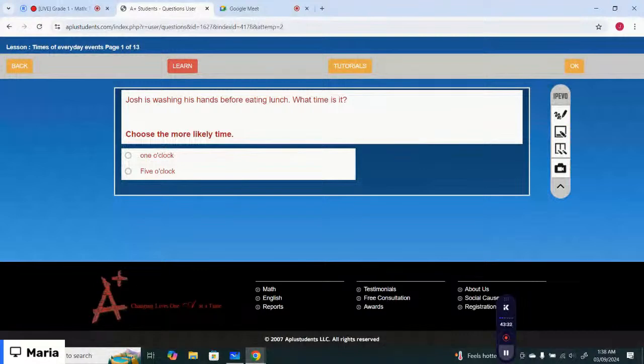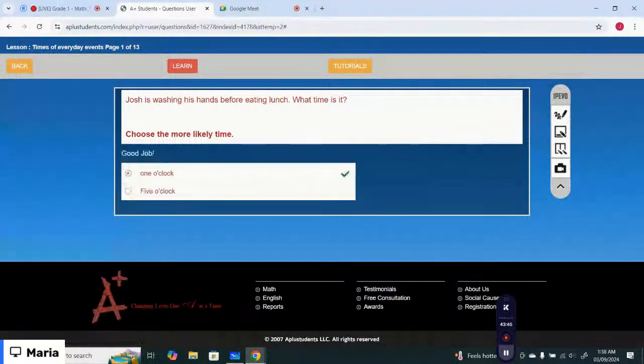Josh is washing his hands before lunch. Yes, that is 1 o'clock, right? The correct option is 1. Option number 1 is the correct option because that's lunch time. Lunch is usually around 1. Okay, the next one is